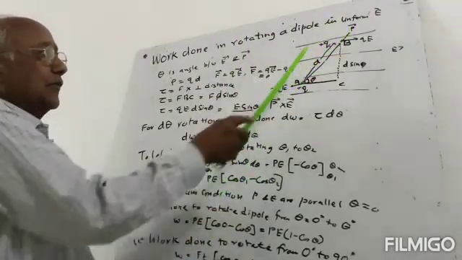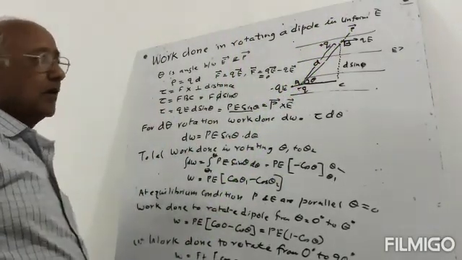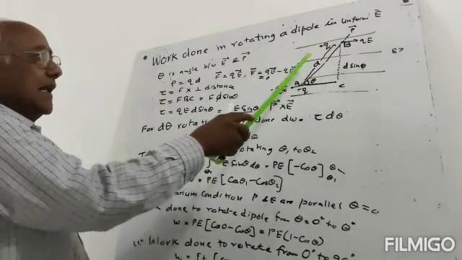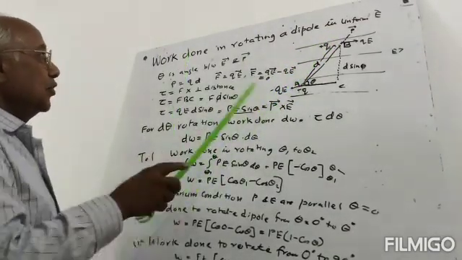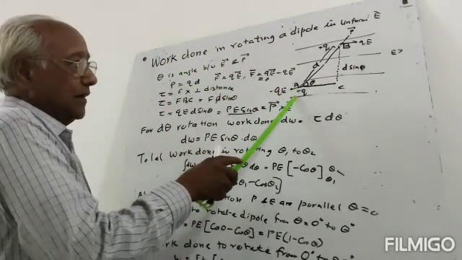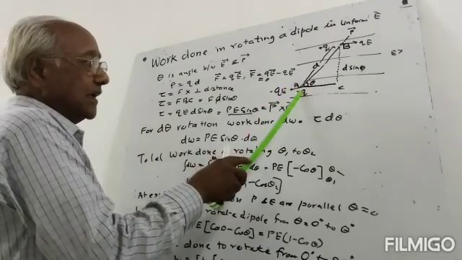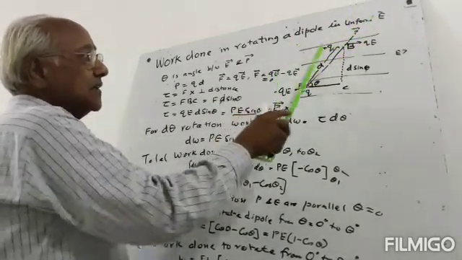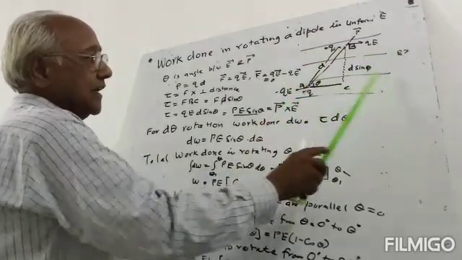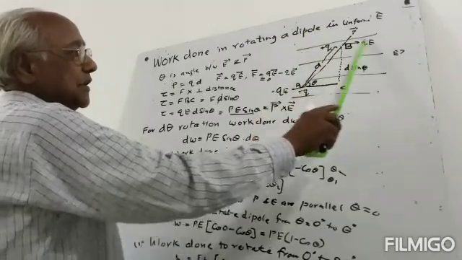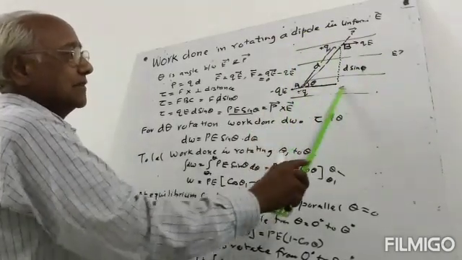The total charge of an electrical dipole is 0, but the charges are at a distance, and that distance is known as d. So, the direction of the dipole moment will be from negative charge to positive charge. It will be this side. This is the electrical field. A constant, or uniform, electrical field is there. It is represented by straight lines.